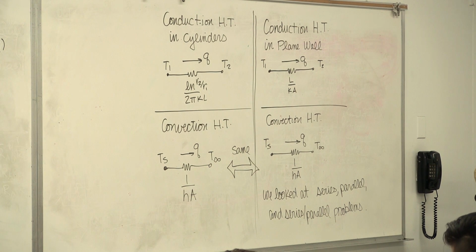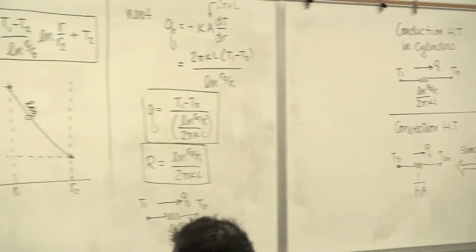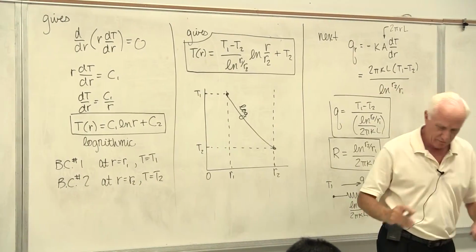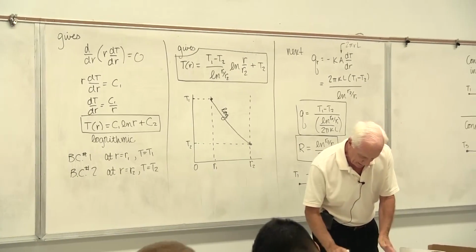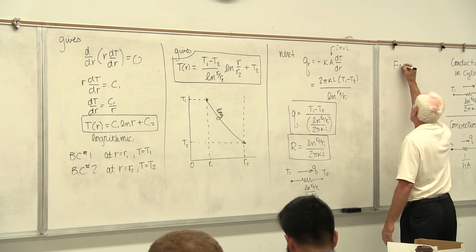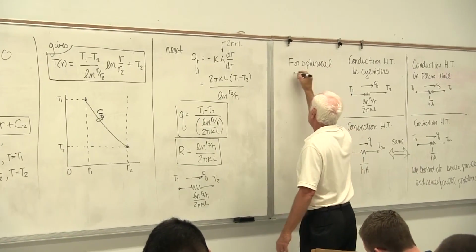I'm going to work 3-6. For homework, you have 3-3. So I'm going to work problem 3-6. Oh, by the way, one last thing. A lot of times we engineers are storing things in spherical containment vessels. So yeah, we want to throw in, we're not going to derive anything, results for spherical geometries.